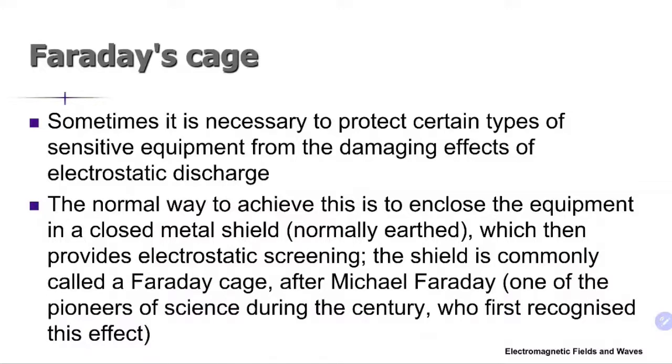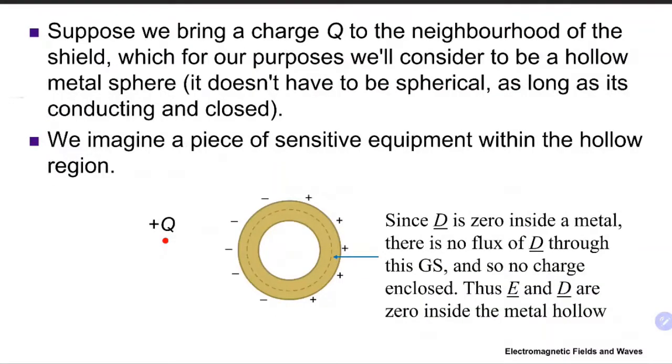And to protect equipment from this, we have something known as a Faraday cage. And this is discovered or recognized by Michael Faraday. And he found out that you can screen electrostatics by putting them in a metal enclosure. Okay, so suppose we bring a charge Q to the neighbourhood of a shield. So if I have a hollow sphere, okay, my conducting ball hollow inside, so if I bring a charge Q to this conducting ball,